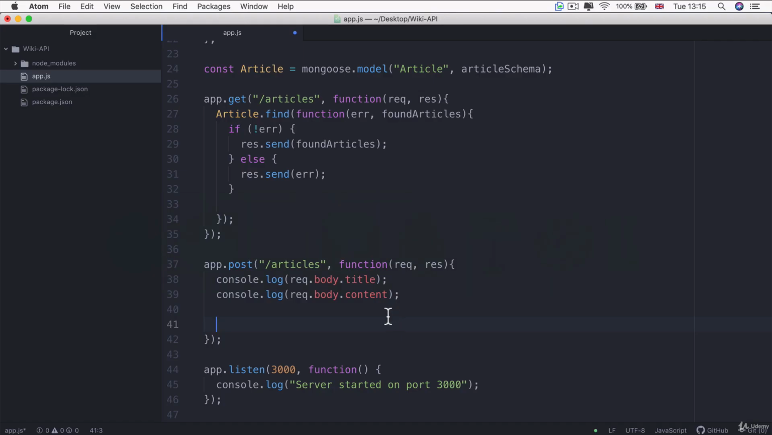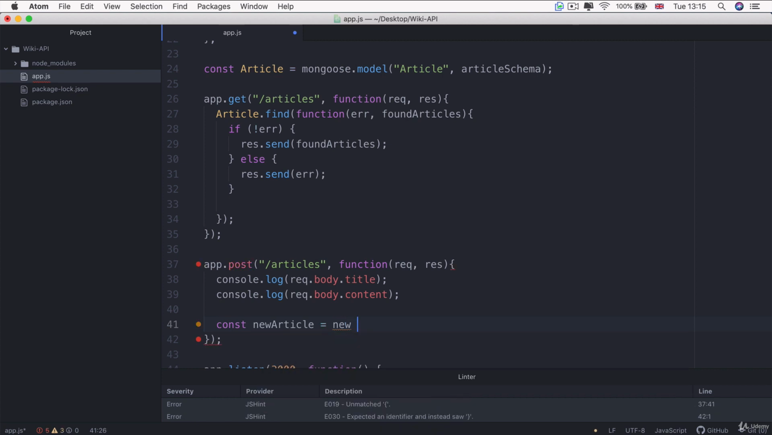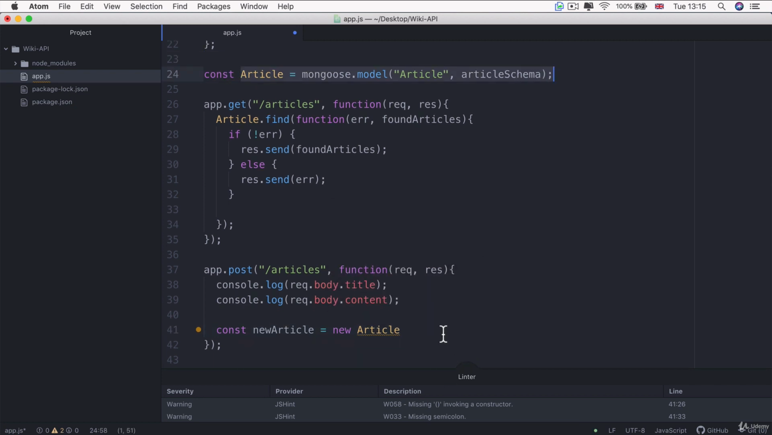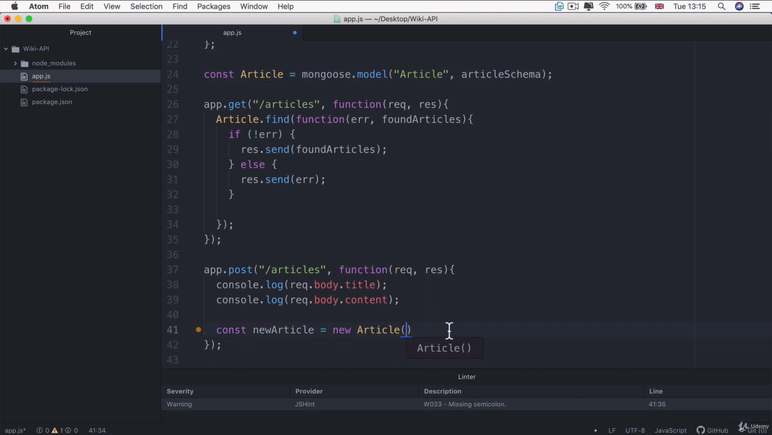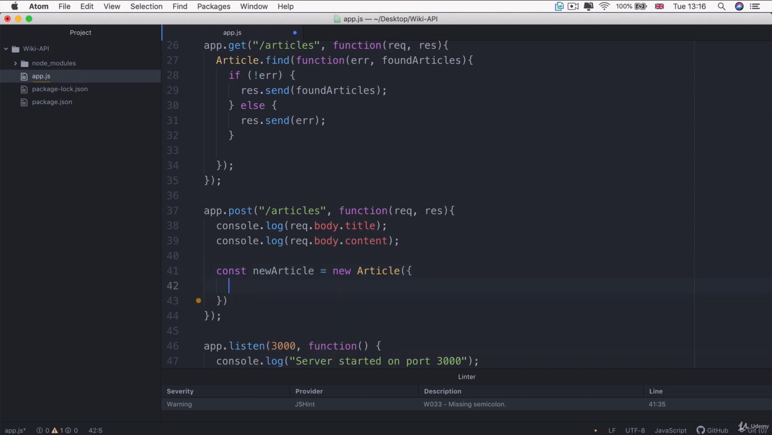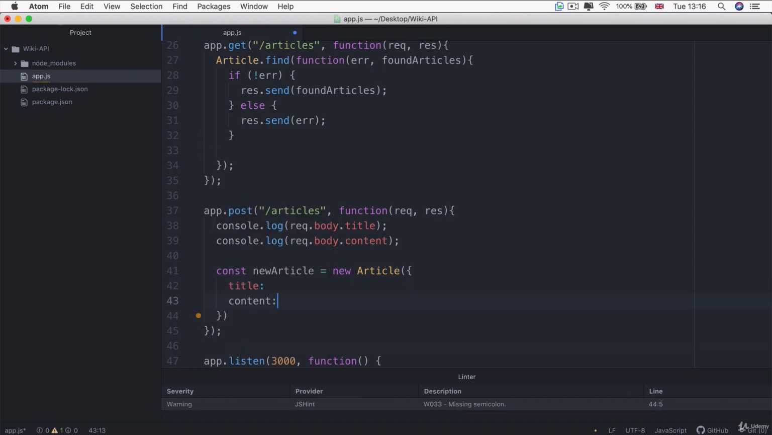So let's do it for real now. Let's create a constant that's going to be called newArticle. And this is going to be created using the new keyword and the Article model, which we created up here. And then we're going to open a set of round brackets or parentheses and then some curly braces and hit enter. Now inside here, we have to define the data that we want to create for our two fields, title